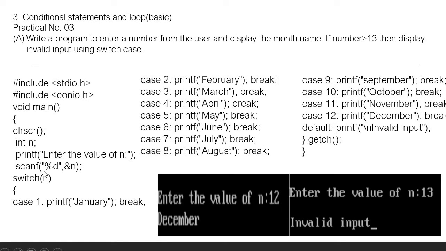In the first case, if the user enters number 1 in this n variable, it will print January. Over here I am using a break statement. Break is nothing but it will break out of that loop over there. So with the help of this, the rest of the cases won't interfere, so they won't get printed. It will just print case 1 and my loop gets terminated over there. Getting it?